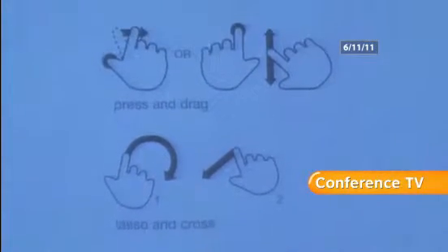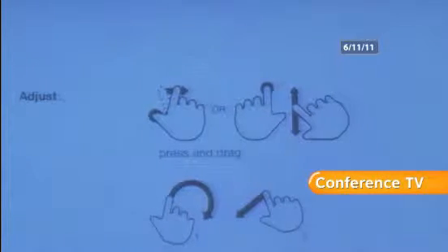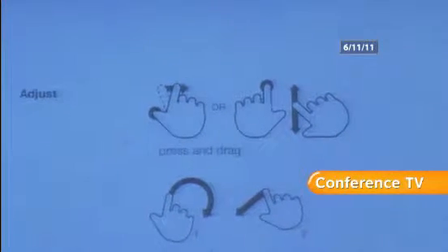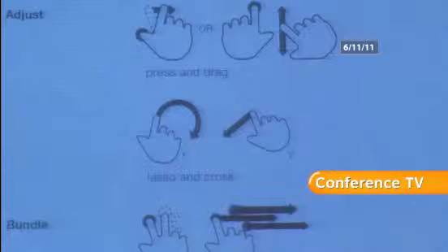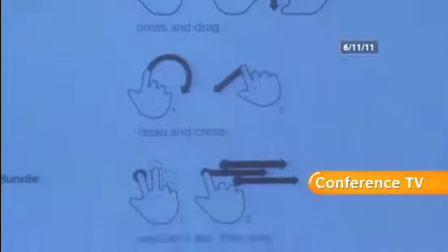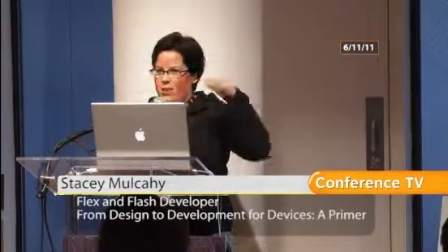And more complex gestures tend to bundle them together. So a sequence of things might do something. So you might press and drag and then move it across. You might see something like this more on a Surface table, for example. Something with a lot more room. Okay, because a lot of the devices that we're working with don't necessarily have the real estate for it. And that's the problem, is that when you are working on a device that starts introducing a new gestural language, how do you teach someone to do it, right? Not everyone wants to sit there and figure out how to use it.